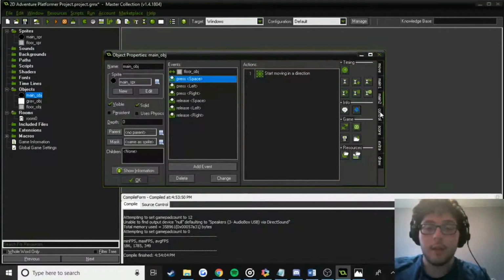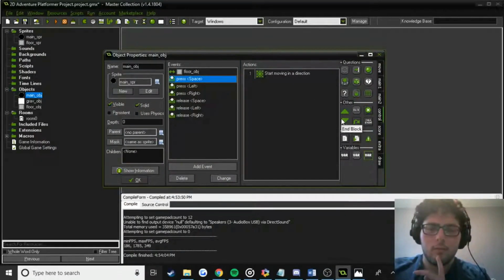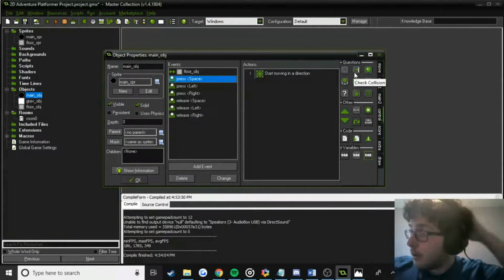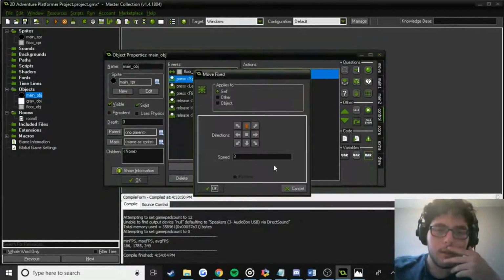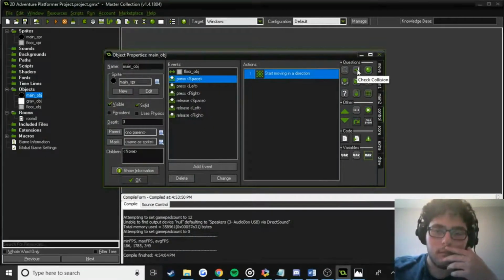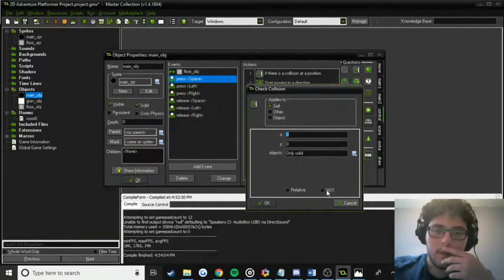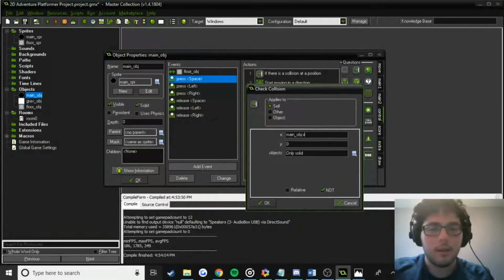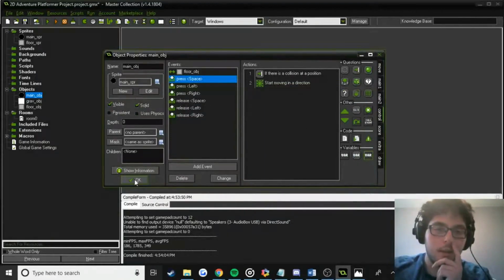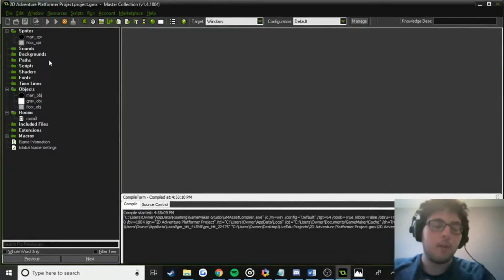Okay, so I want to say we had to use blocks, as in these right here. These are what they're called. Yeah, they're blocks. We had to use if and collision and stuff. So let's see. First place, start moving in a direction, right? If there is not a collision at main_obj.x and main_obj.y, no, if there is one, sorry, then start moving in a direction, and that should counteract the jump only up to